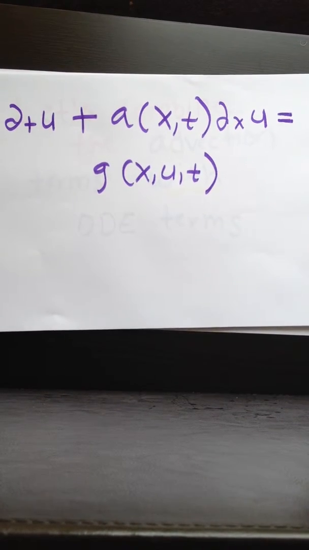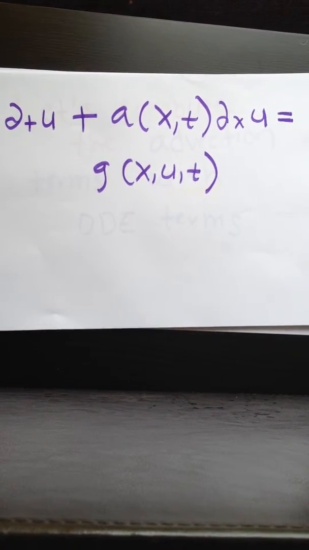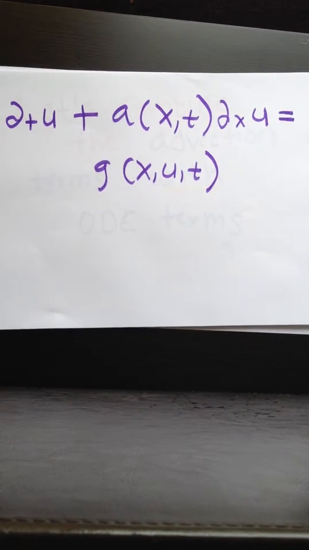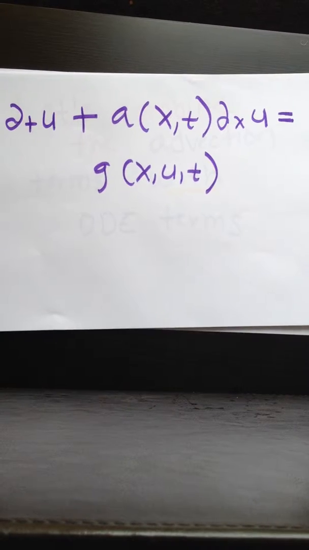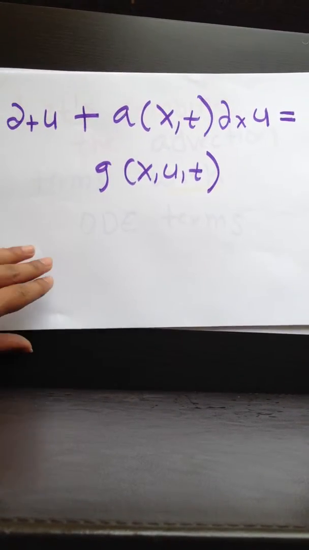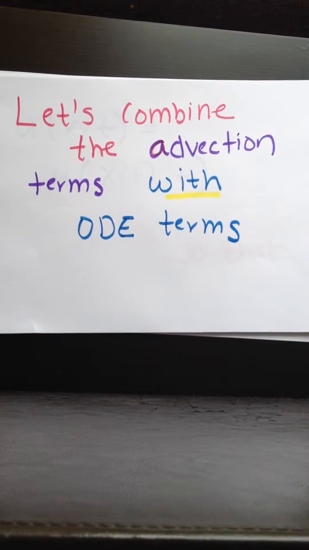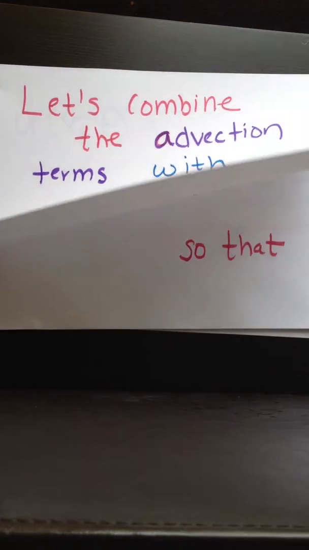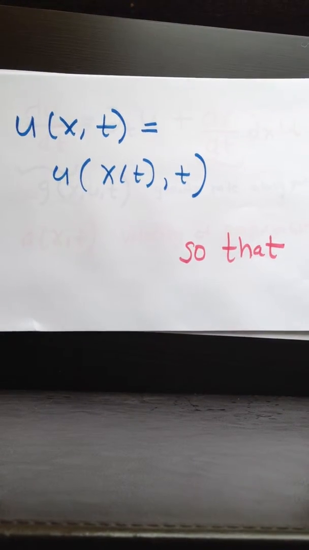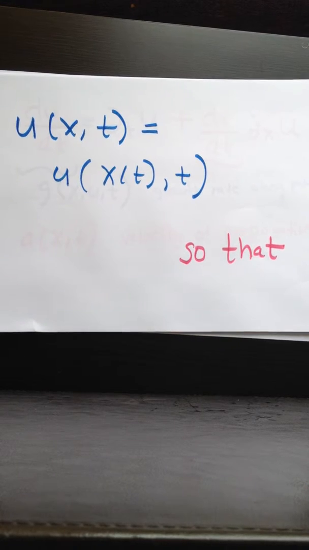The equation is usually of the form first derivative of t u plus a of x comma t, first derivative of x u, is equal to g of x comma u comma t. We can combine the advection terms with the ODE terms to get something of the form u of x comma t is equal to u of x of t comma t,